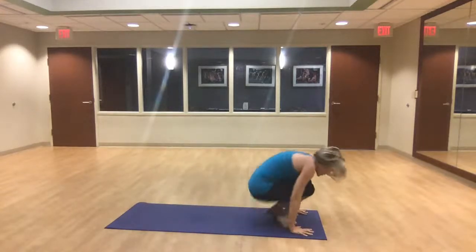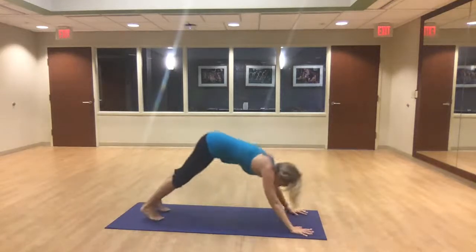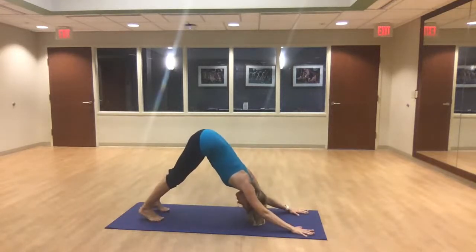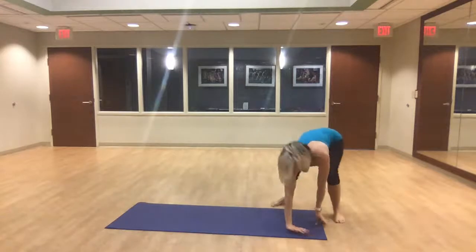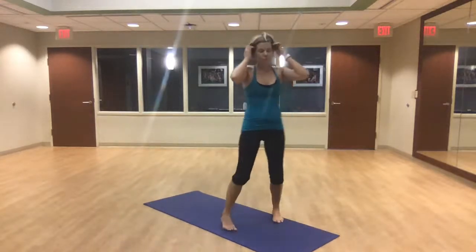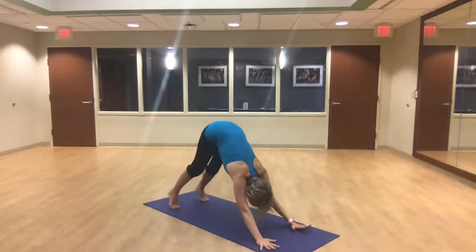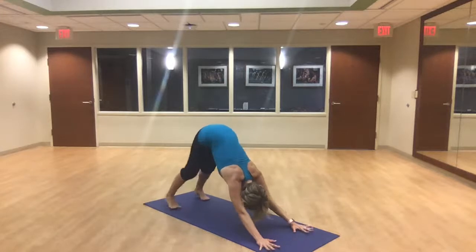Meet up in downward facing dog. You can vinyasa or just take down dog. Very good. All right, so from down dog, spread your fingers wide, feet wide. Toes spread,